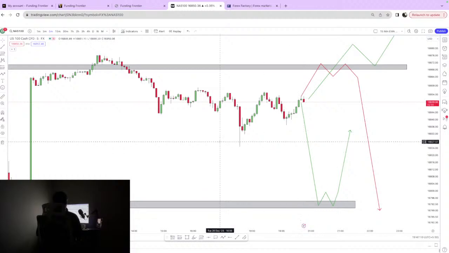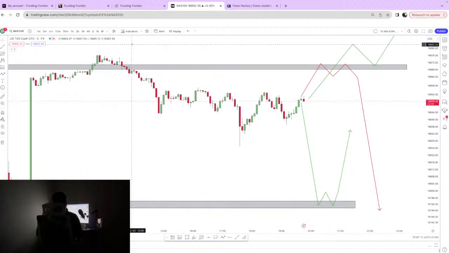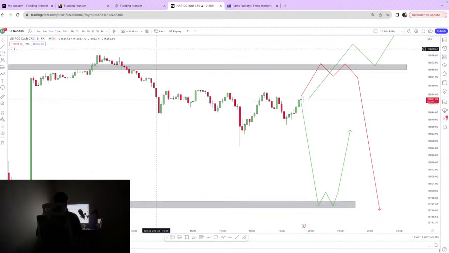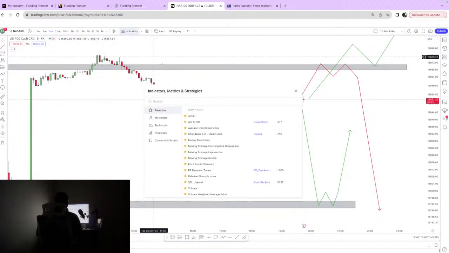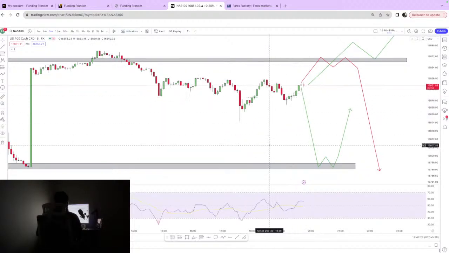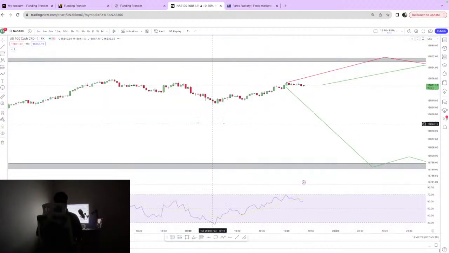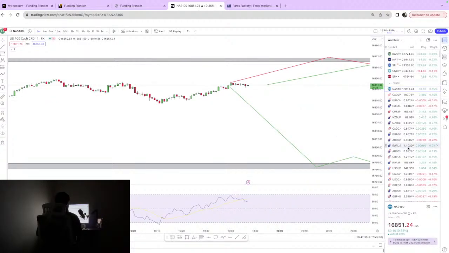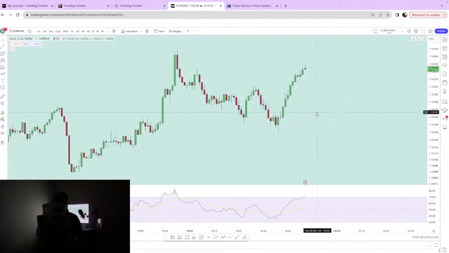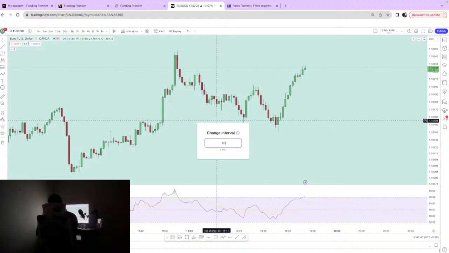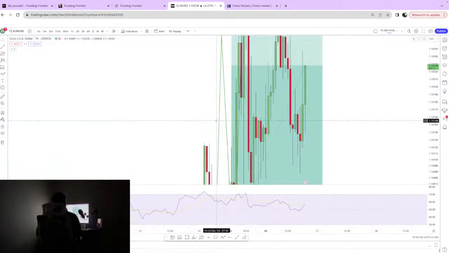Let's see today a few examples of that scalping strategy which I shared on YouTube. Let's shift to the 1 minute time frame. Do you remember what that strategy was? Divergence scalping strategy. Let's pick an instrument. Let's pick EUR/USD. I think this was